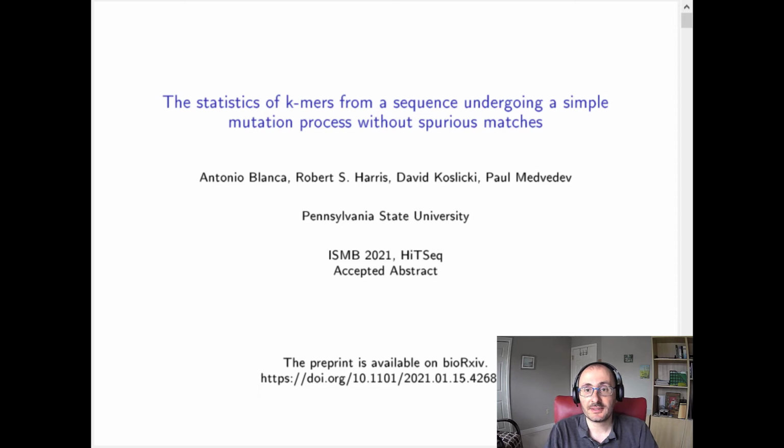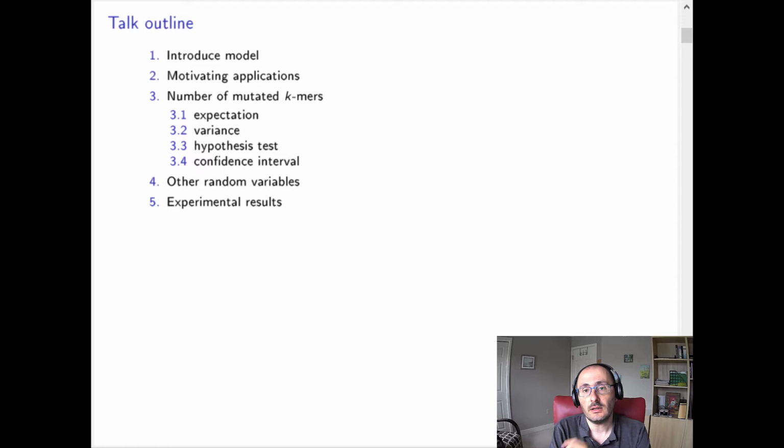Today I'll talk about the statistics of kmers from a sequence undergoing a simple mutation process without spurious matches. This is joint work with Antonio Blanca, Robert Harris, David Kozlicki, and myself, and it's based on a preprint that's available on bioRxiv. In this talk I'll introduce first the model, and then give a few motivating applications of where